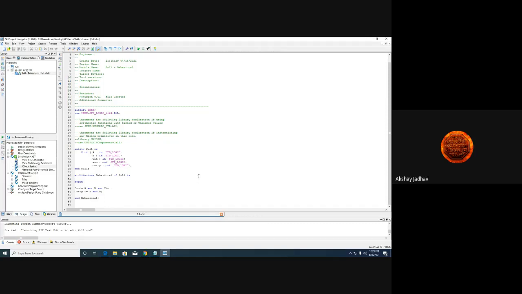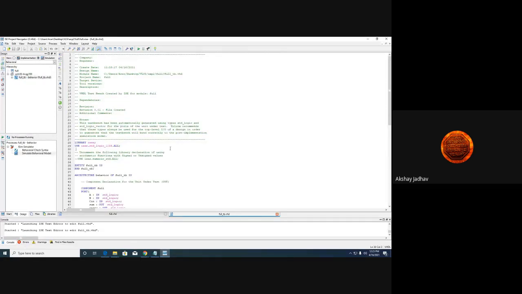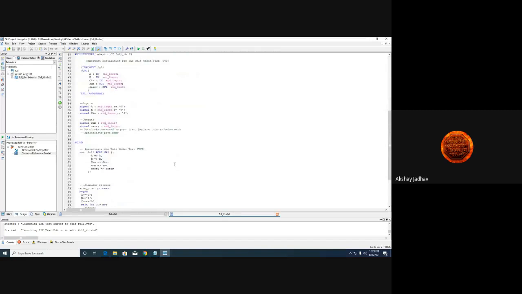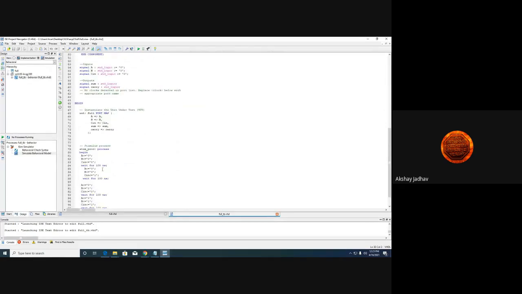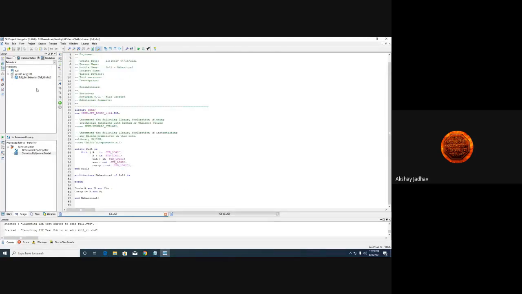Once you have done it, we need to go for the simulation. Here you will have the test bench. The test bench has already been written for A and B. Once A is assigned 0, B is assigned 0, then C in is 0 1. So let's check what the syntax tells us. Let me go to the implementation again. Here I just want to check the syntax, so I'm going to double click on it.